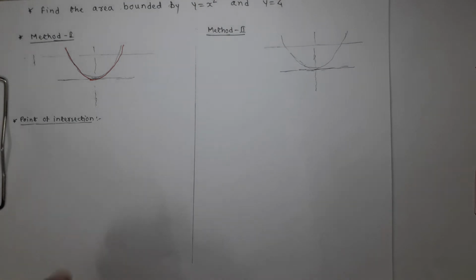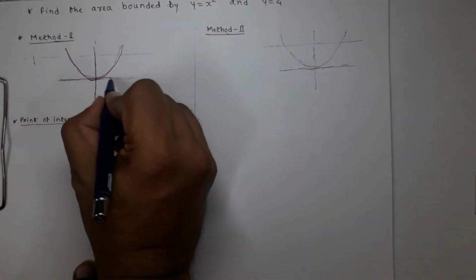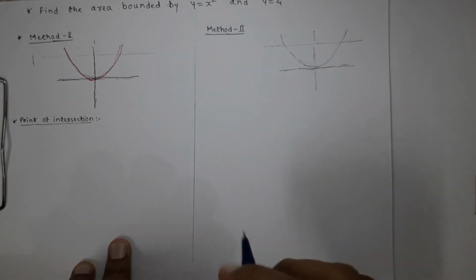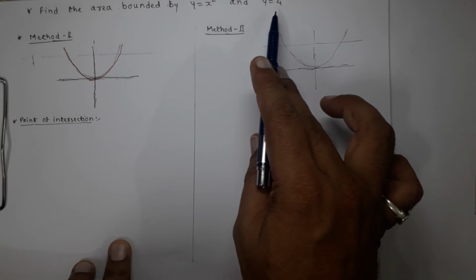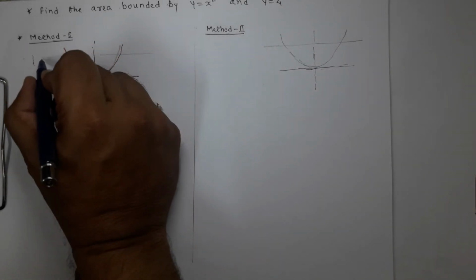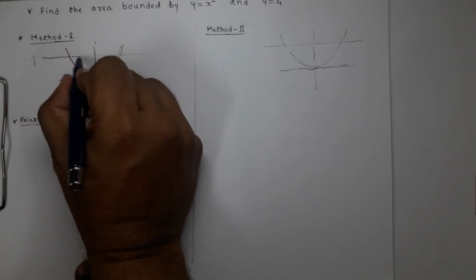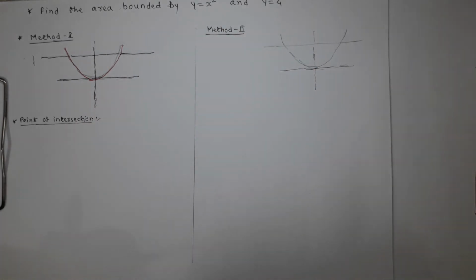Now these are the y and x axis. So this is y and it is x axis, say. Now they have given another equation which is an equation of a straight line, y is equal to 4, which means that it is a line which is parallel to x axis, and it is at a distance 4 units from x axis. So it is that line. So actually a parabola and a straight line is given.